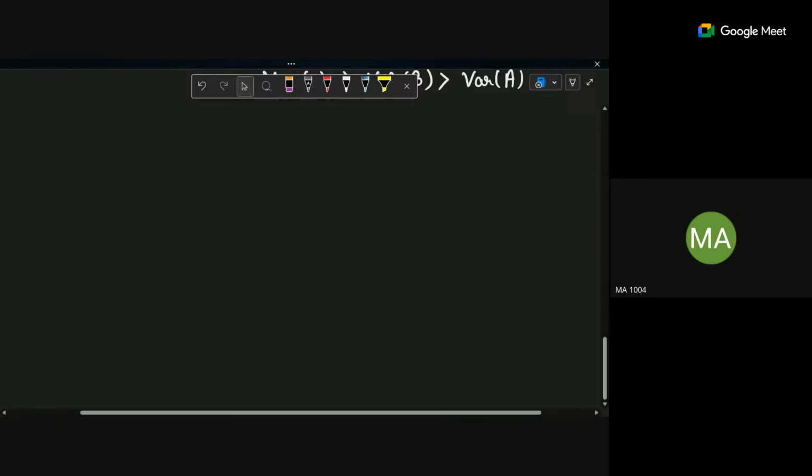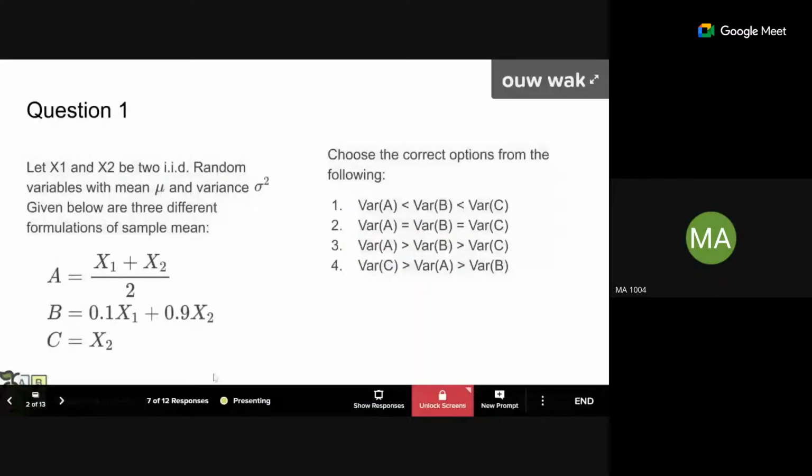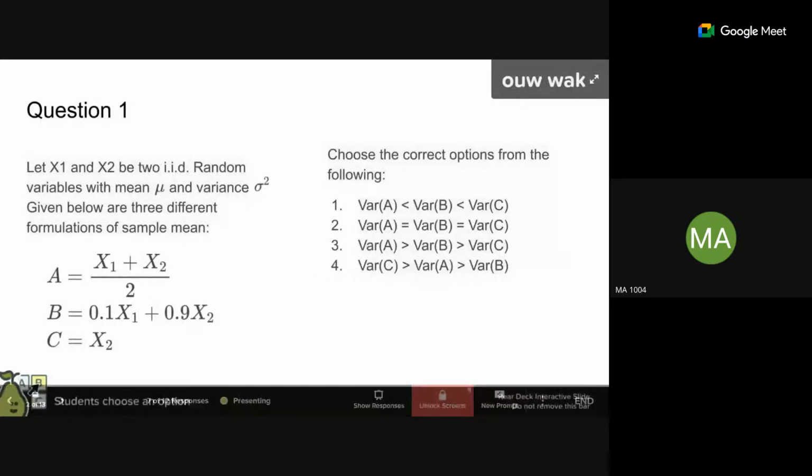Okay, so let's move to the next question. So why were we able to separate over addition without having any extra term? The reason behind that was our x1 and x2 were given as independent random variables. What if they were dependent? Then why can't we separate out variance of x1 plus x2 as variance of x1 plus variance of x2? Anyone?